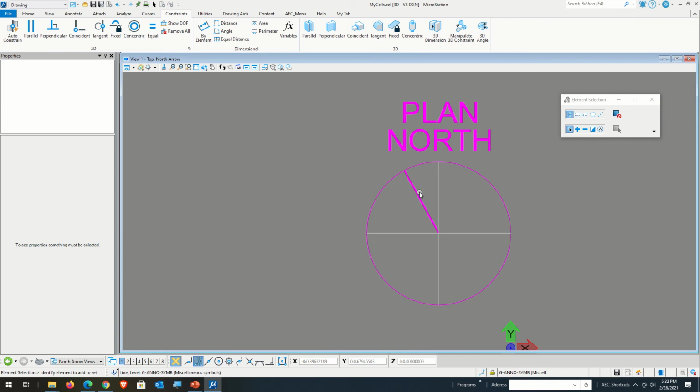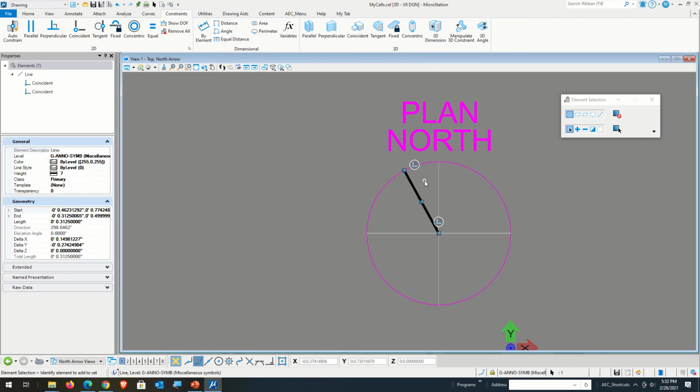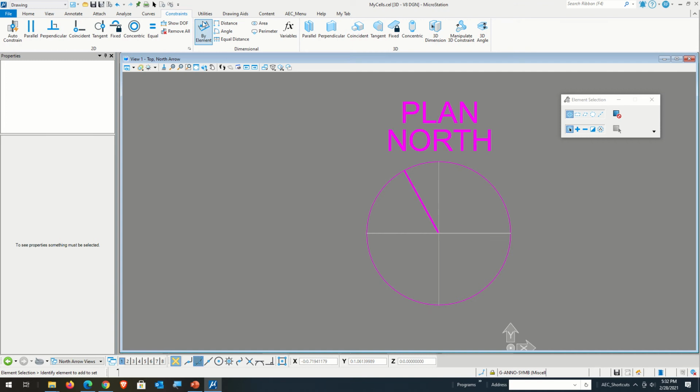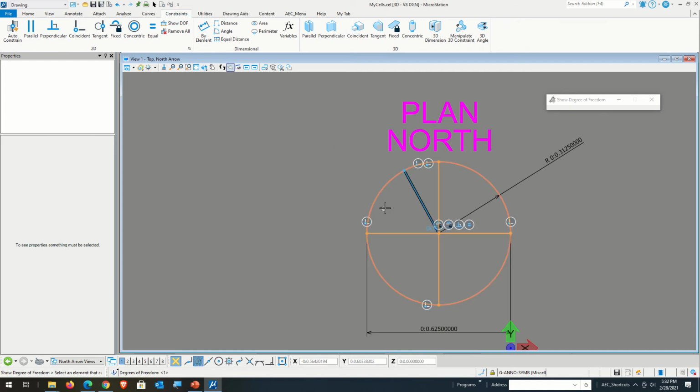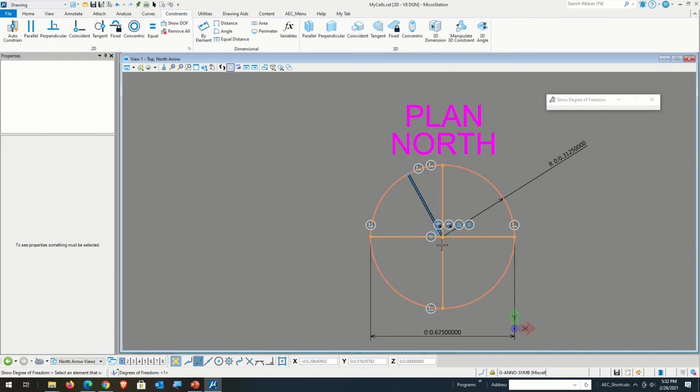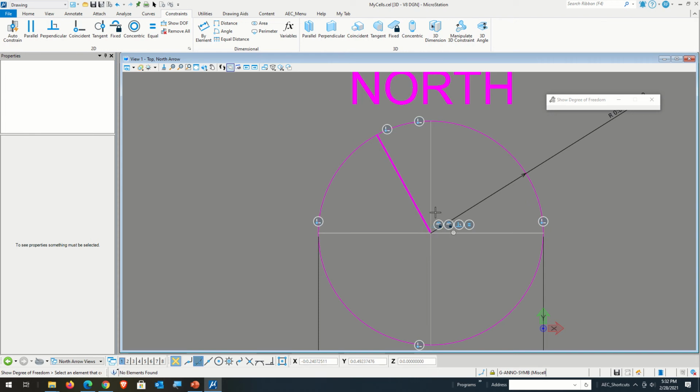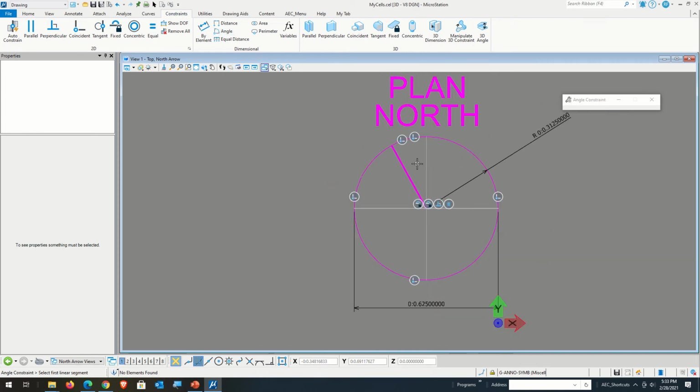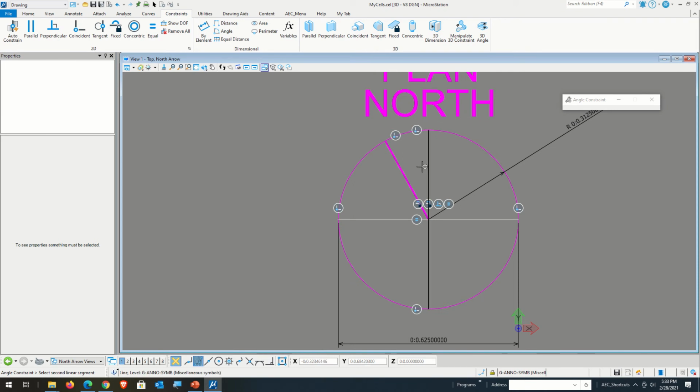Now I think I should be able to rotate this thing around. I thought I could rotate that thing around. Let's see, check my degrees of freedom. It says it has 1 degree of freedom, which should be the rotation. So I'm going to stick an angle on that between this line and that line. And for now I'm just going to set an angle. And if I change that angle,